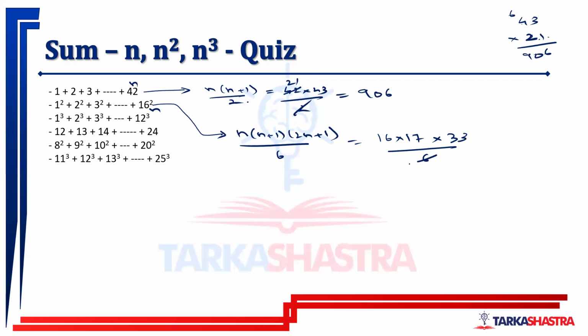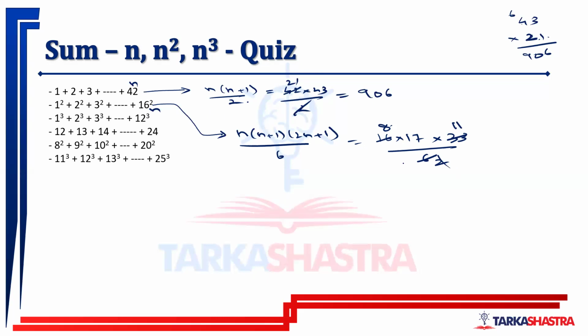If I divide by 3, I get 2. If I divide by 3, I get 11 over here. This is 2 ones are, this is 2 eights are. 8 into 17 is how much? 8 into 17 is